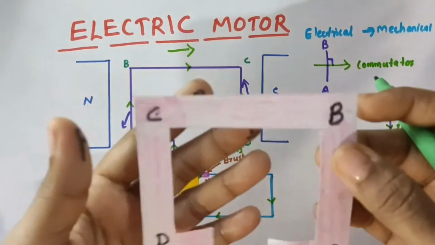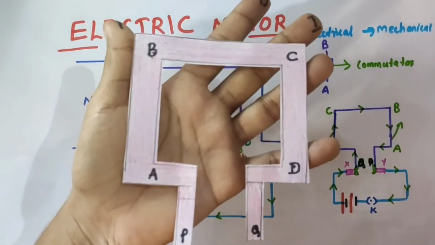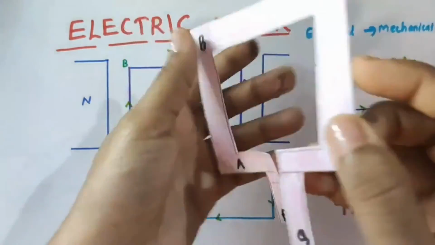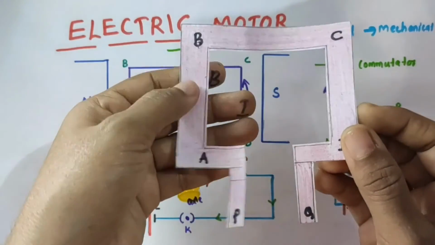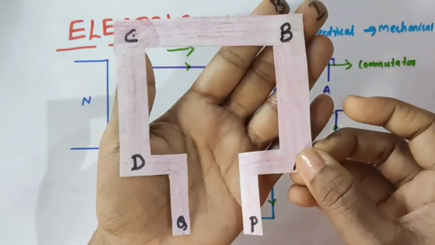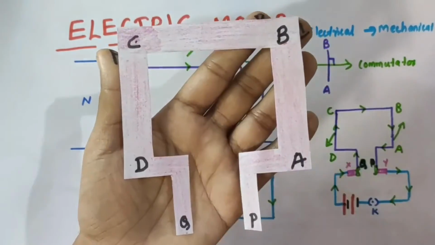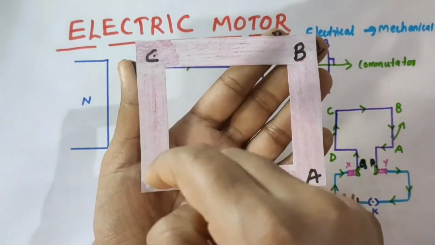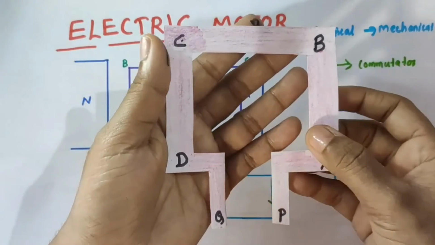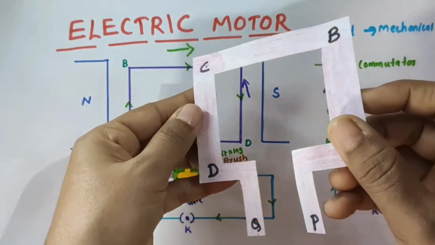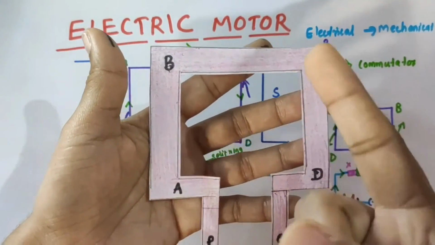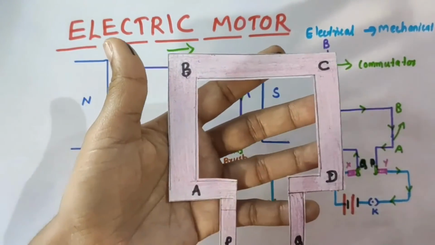And the overall effect is like this. Let us see again in this 3D diagram. You see it goes half rotation. When it is half rotated, AB is pushed down, CD up. After the half rotation, AB comes here, CD comes here, and now the force acting on CD is in the downward direction, and the force acting on AB is in the upward direction. Again after half a cycle, one more half rotation, the coil will continue to rotate in the same direction.